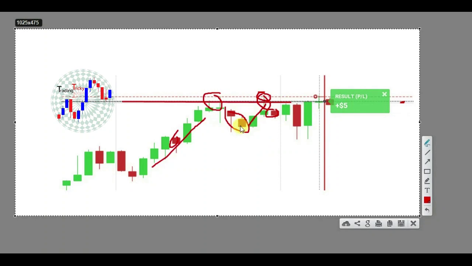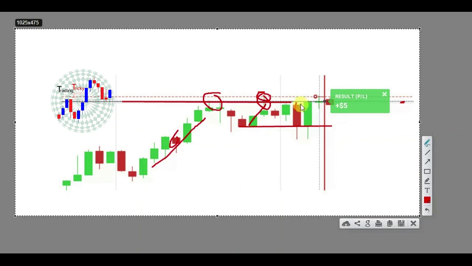What does it mean? It means buyers are in control. That's the reason you can see strong buyers here. But the candle again closes at the round number, so that's the reason you can see strong sellers' entry. But this is a level 2. From this level you can see strong buyers' entry, and now the candle closes above this round number, though there is